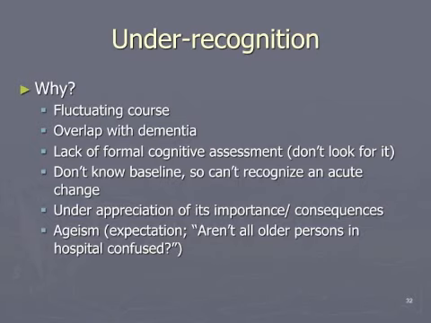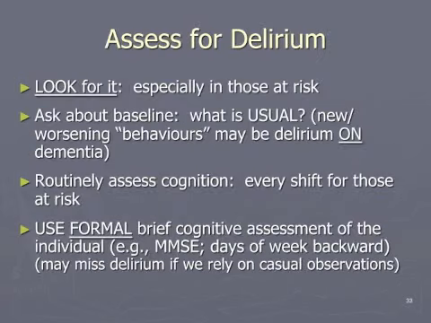So we certainly know in our practice area that that's not a true statement, but sometimes delirium just gets lumped in with that assumption that everybody who gets old gets confused, and so we might not be looking for it, or making an assumption that it is part of normal aging. I'm not convinced that nurses regularly go looking for cognitive impairment. We've been encouraged over the last couple of years to consider pain as the 5th vital sign. I think we should be considering cognitive assessment as the 6th vital sign, especially in those populations that are vulnerable or at risk of developing delirium.